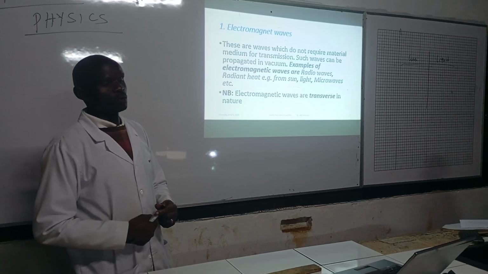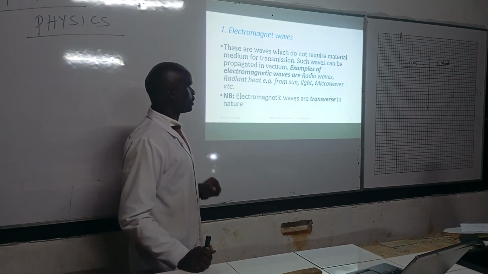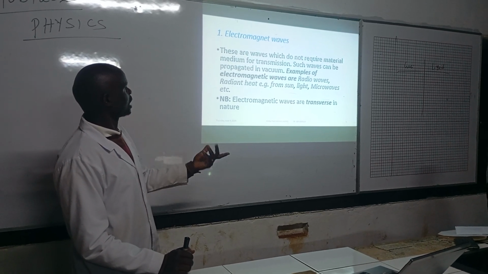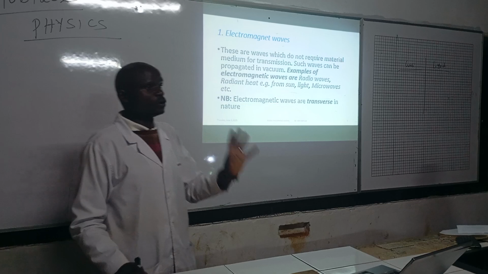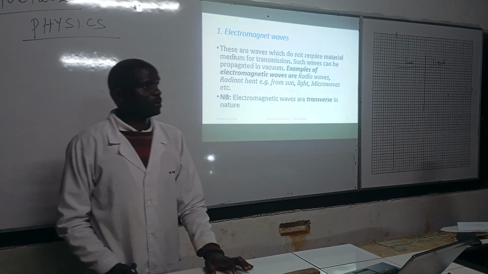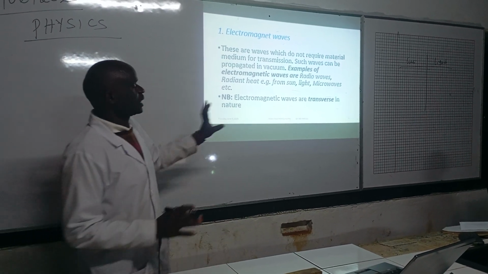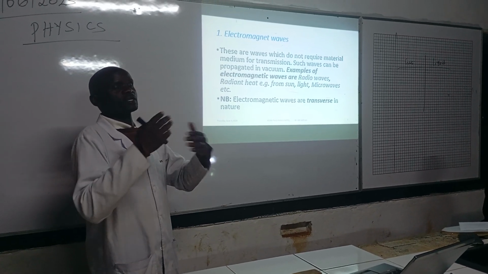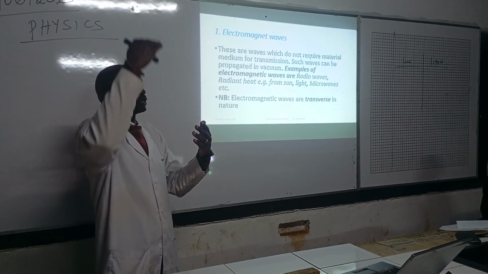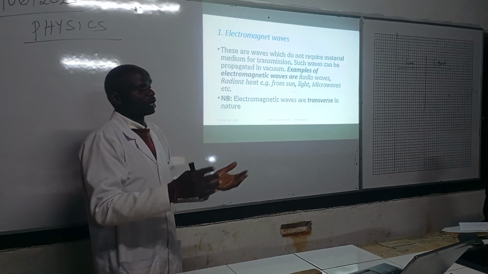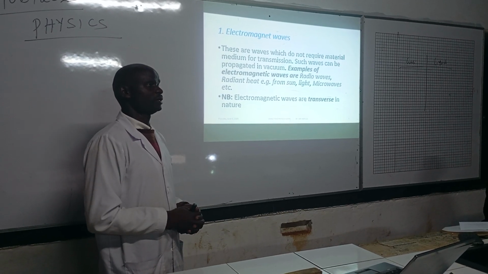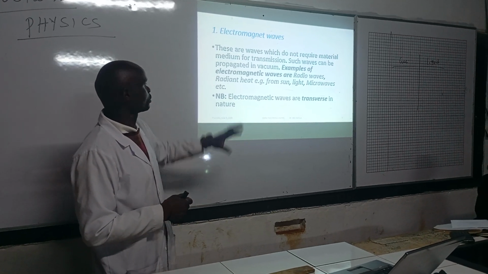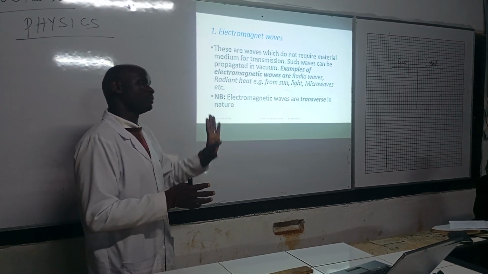Examples of electromagnetic waves: we have radio waves, radiant heat, e.g. the heat from the sun, light, and microwaves. These ones don't require a material medium for transmission, so they can move even in a vacuum. And they are very important because, for example, heat from the sun passes through the vacuum to reach us. That's how we receive heat from the sun, because it's an electromagnetic wave. So electromagnetic waves are transverse in nature. We'll be looking at other classification of waves, whereby we'll be talking about transverse and